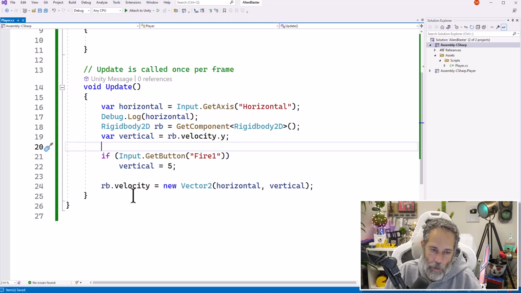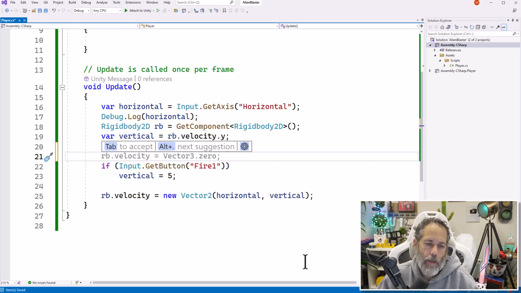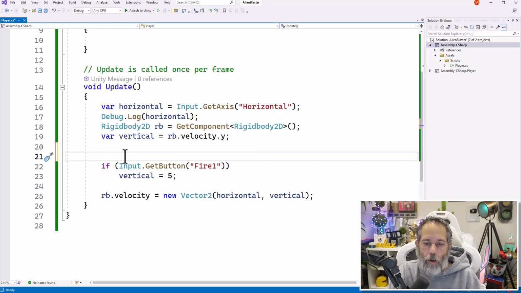So right after 20, I'm just going to add in a line so I have a little bit of space. And here, let's check to see if the player has pressed the fire button this frame. So that means that they've started the jump. If they have, then we'll keep track of when they can release the jump, or when the jump has to end, I guess is really the way that I want to say that. So say if